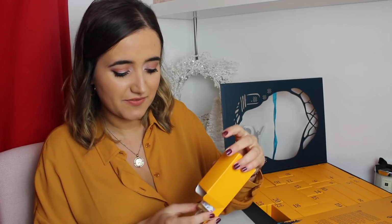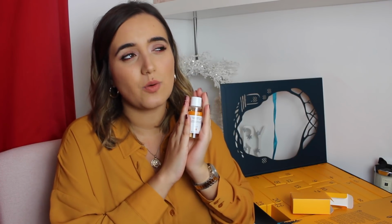And then onto the final box. And inside the final box is a Ren Ready Steady Glow Daily AHA Tonic. Typically I feel like we end on a high. For me this one's a low because I've used this before and I personally didn't get on with it. I found it a bit sticky and I just don't like that. But it's just gonna happen. You win some, you lose some. I loved this calendar, but this product just isn't my favourite, so it's quite a weird one for me to